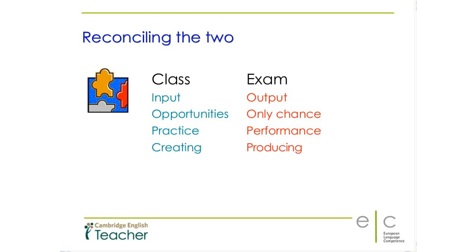In a classroom, learners, users of a language, can be creative. They can try things out. They can make mistakes. All language learning is more effective if learners are encouraged to be creative, to use language in ways that they haven't heard before or haven't used before, to try things out, to take risks, to take chances. An exam is connected with producing. Of course, you can be creative in an exam as well, but in general, an exam is a situation where candidates prefer to take as few risks as possible.